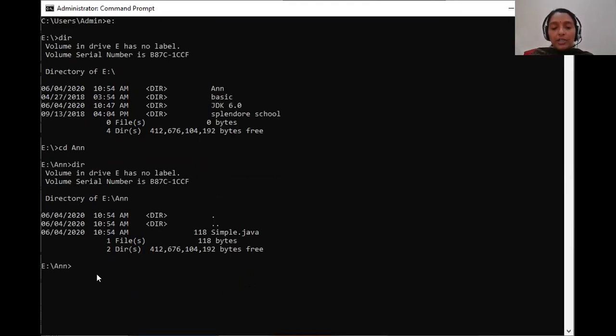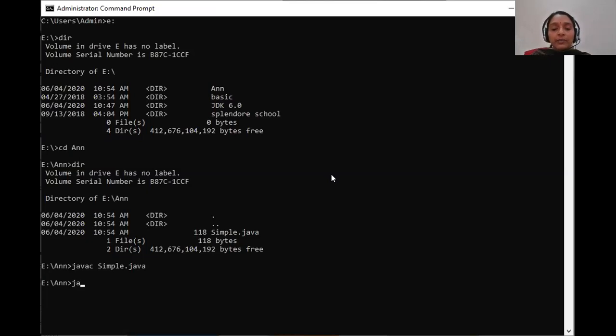Now we are going to compile your Java program. To compile your Java program, you should write javac. Javac is the Java compiler. Write the program name. It is case sensitive. To compile, you should have the program name together with the .java extension. Okay. Hit enter and wait. If there are no errors in the program, you will get the command prompt again. If there are errors, you will get the errors displayed over there. So ours looked like a perfect program. There are no errors, which means you are now eligible to run the program.